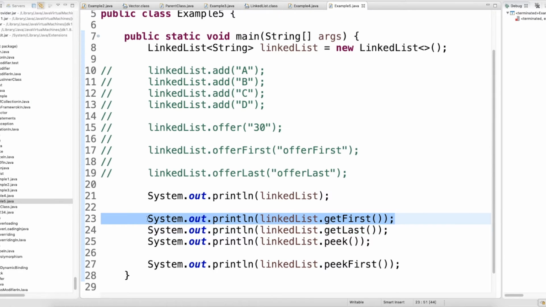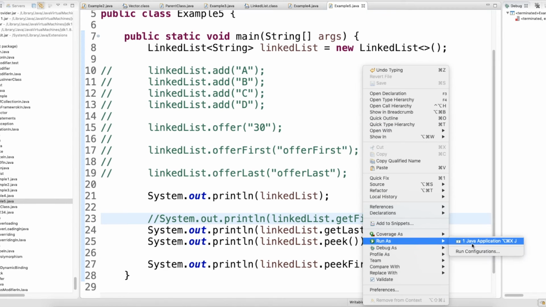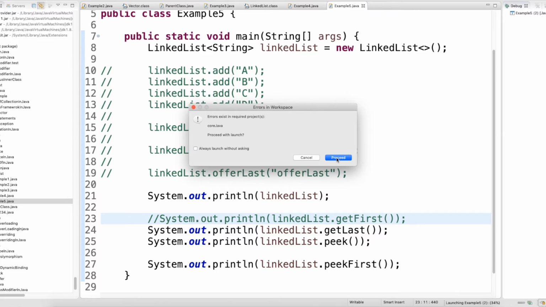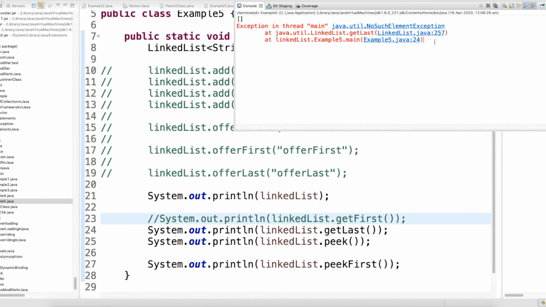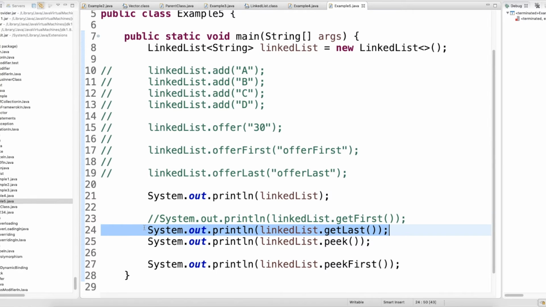So this line is giving you exceptions. Again, comment this, the get last also will give you exceptions. See here, no such element exception, line number 24. So this is giving you the exceptions.